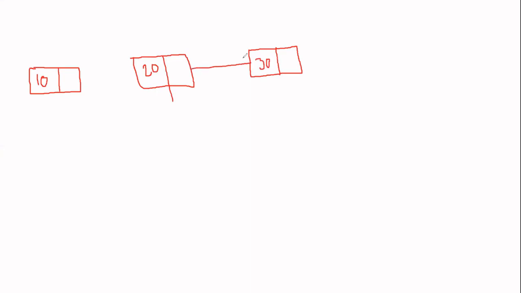This is pointing to this node, and 10 is pointing to 20, and 30 is pointing to null. For head I'm writing h, and for reverse head I'll write r only. Is that clear with everyone?